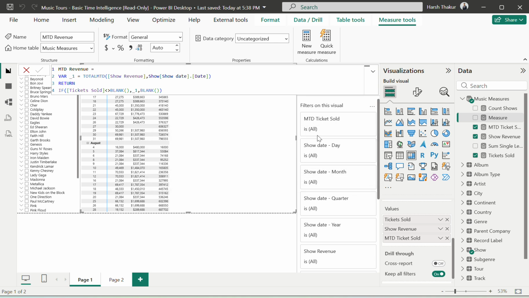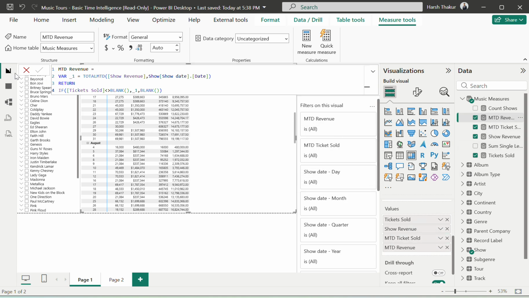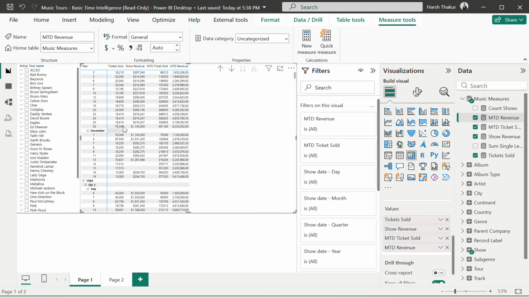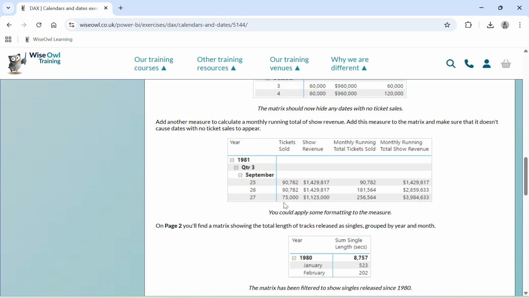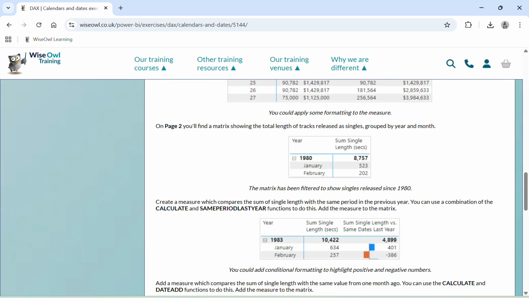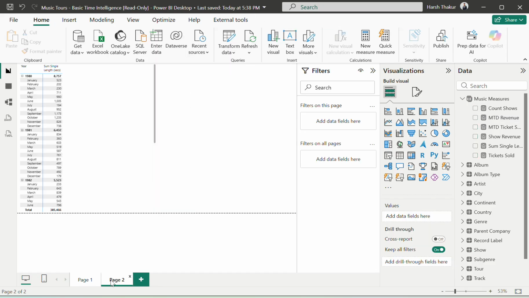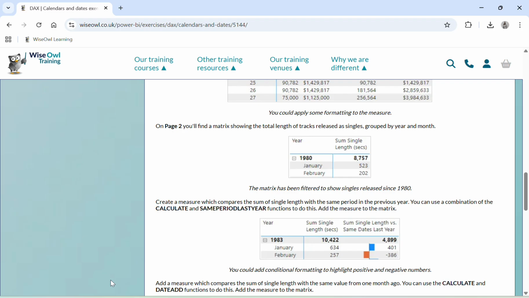And enter, and then adding this into here. Now if there is anything like for September 25 1429817, where is September 25 14, yeah, so we are having accurate values till now. And now on page 2, so on page 2, this is page 2,